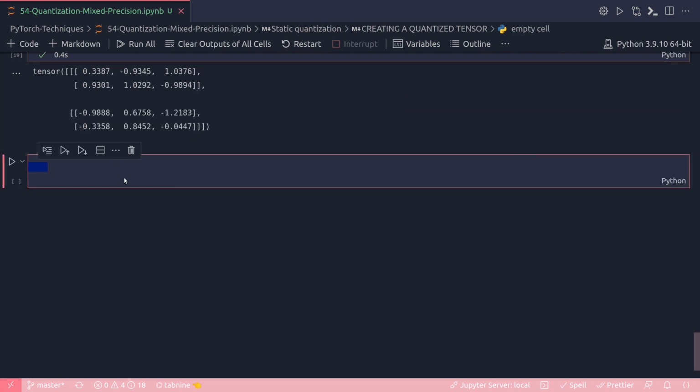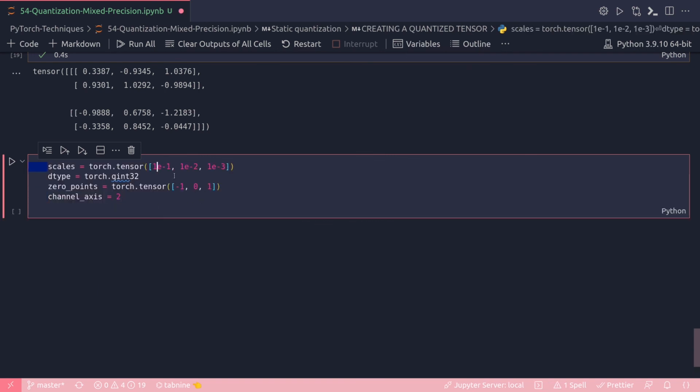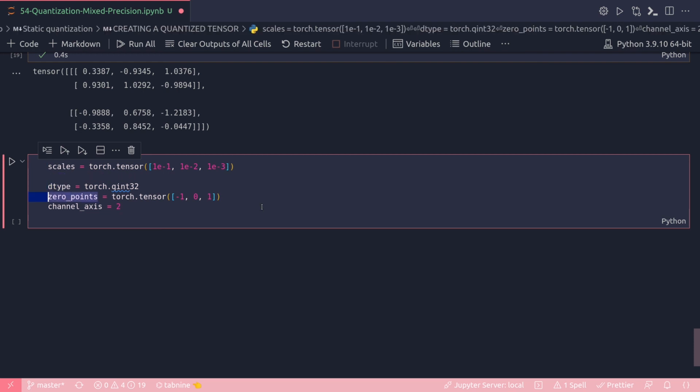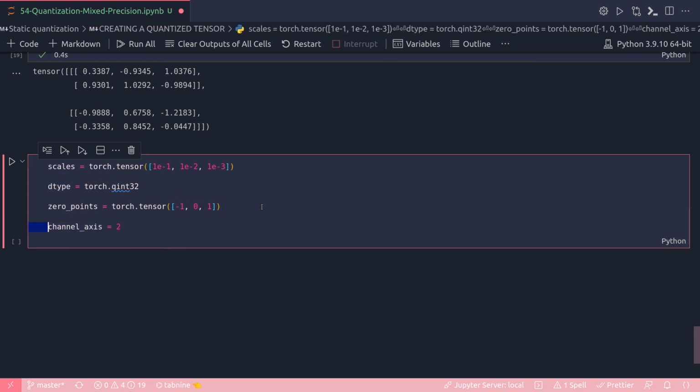So let's just define those variables. All right, that's my scales. Scales is a torch.tensor, and just 1e-1, 1e-2, 1e-3. All right. dtype, let's keep it at qint32. Zero point is again a tensor. Channel axis is 2, and now I can create